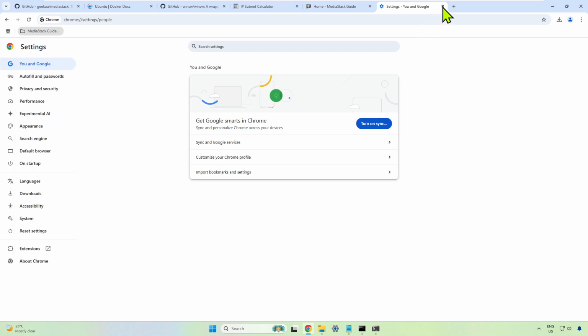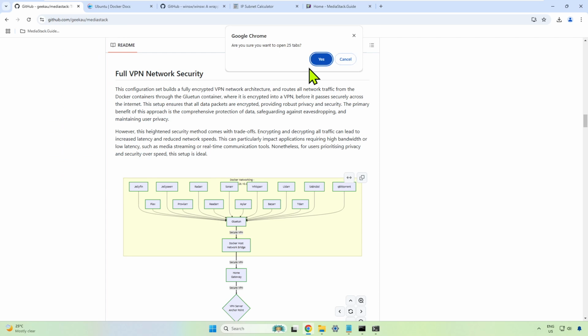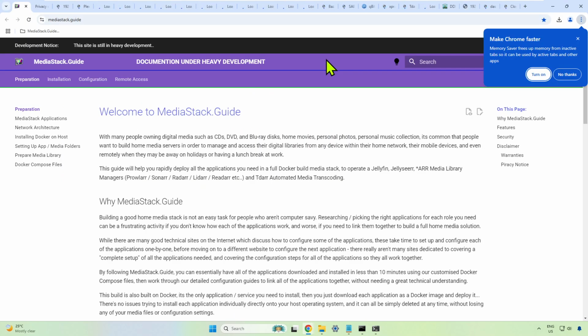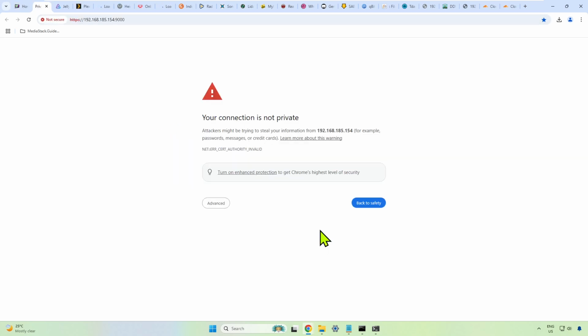We don't need the settings, we'll just close the settings. But if we right click on that group and we say open all in new window, then 25 tabs will get automatically generated. And the good thing about it is there's the guide where you can go to next, and there is